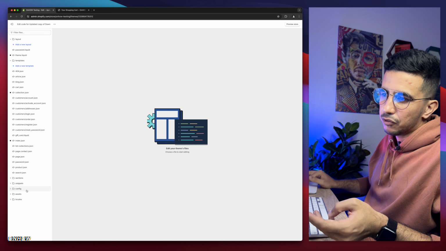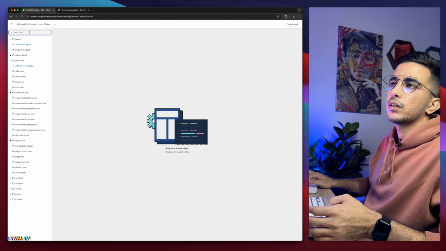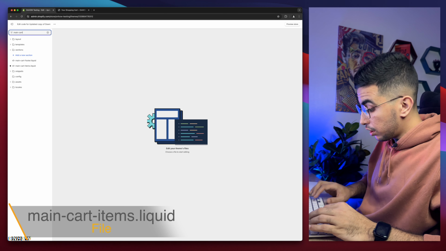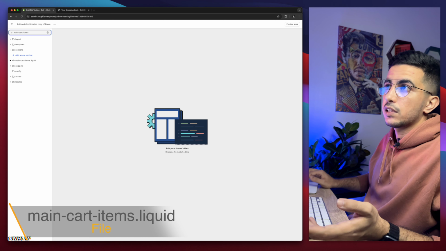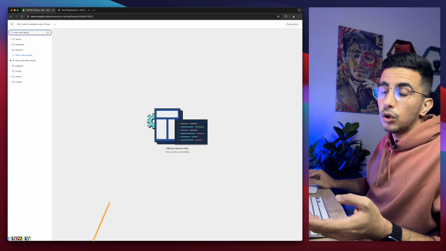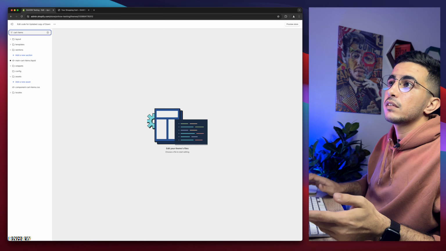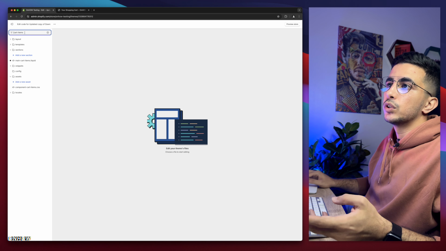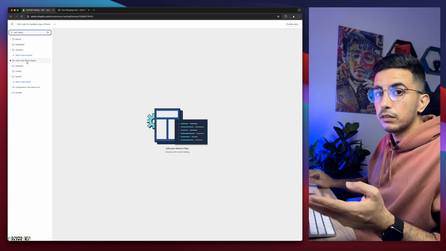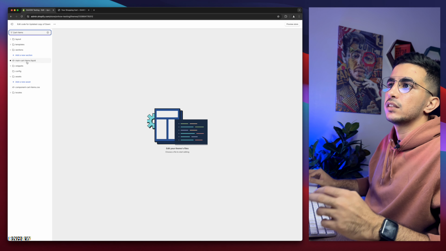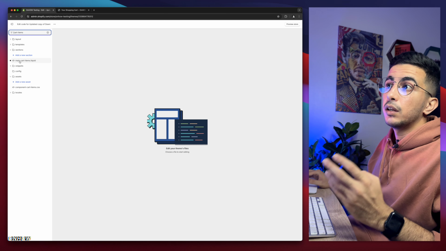In order to look for the folders in here, simply use the search bar in the top left corner, then type in main-cart-items, just like you see on the screen. And if you are using other themes, it might be just cart-items like this. So just play around with the words, but most of them use main-cart-items. I'm sure of that because I tried the trick on all of these themes, as I said. So let's just click on main-cart